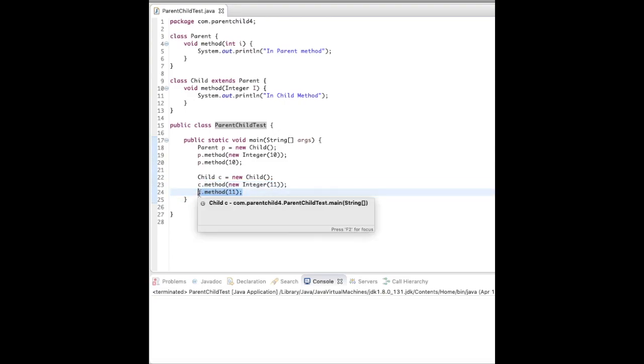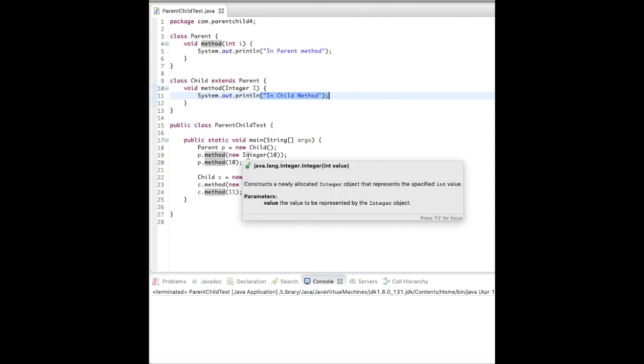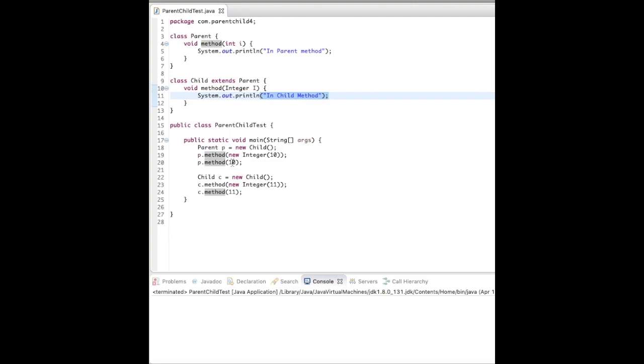So what we think here is, according to dynamic dispatch, p has a reference of the child. So both times when we call p.method with the Integer and with 10, it should print "in child method", because Integer is auto-unboxed to the primitive type and the primitive type can be auto-boxed to the Integer type, so that will suffice, right?